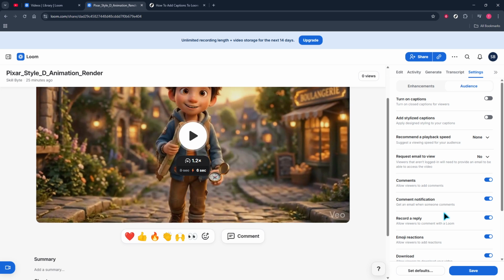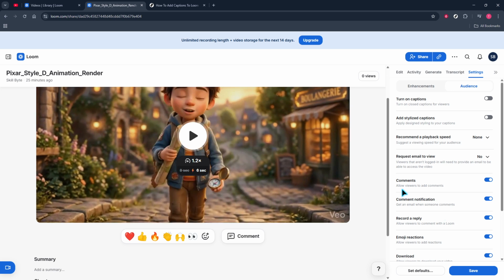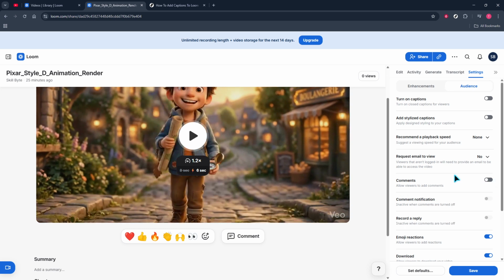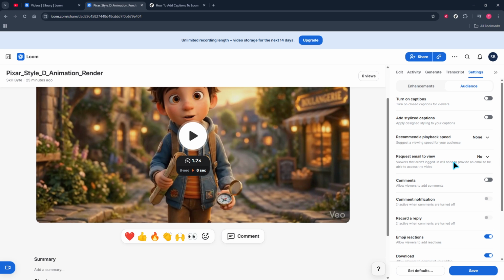Find the Comments toggle and turn it off. When you flip this switch, viewers will no longer be able to add comments on that video, and the comment box will be hidden for them. This change applies to the specific video you're editing, so it won't affect your other recordings. If you ever want to collect feedback again, you can return here and turn the toggle back on at any